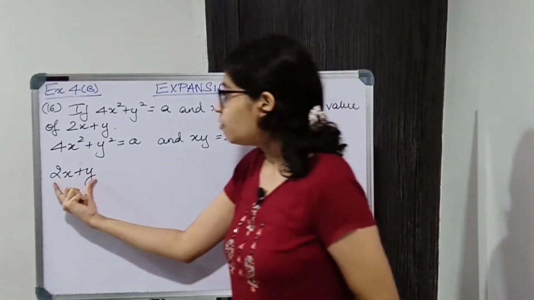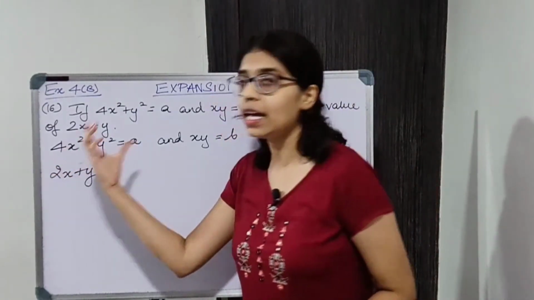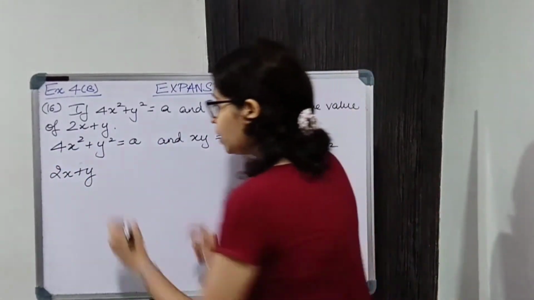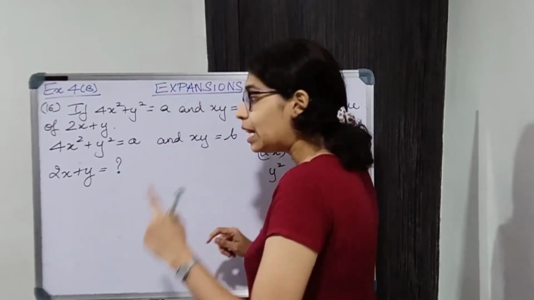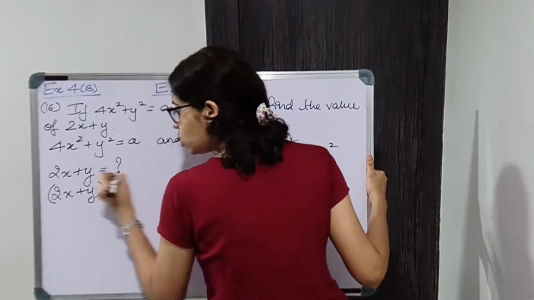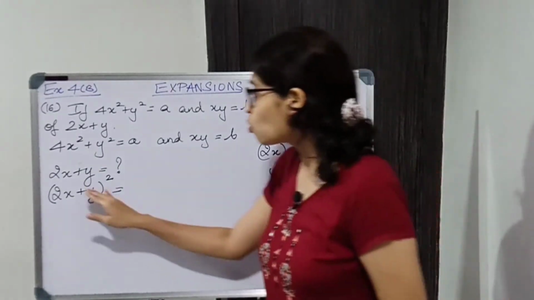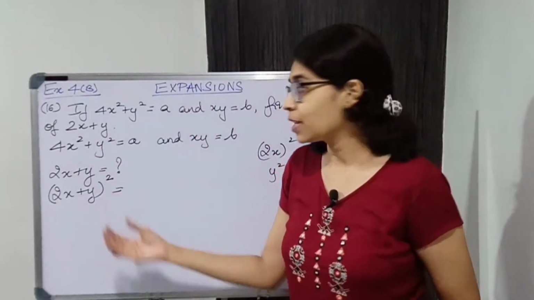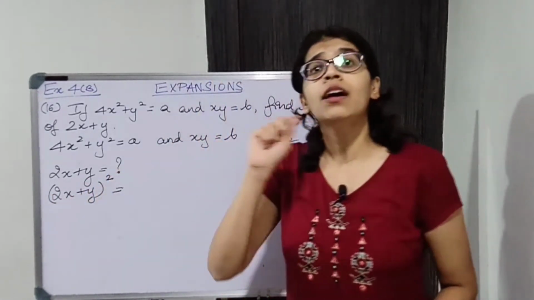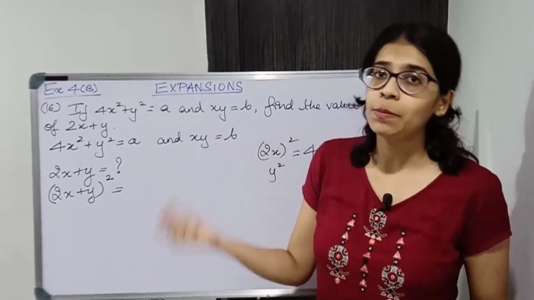Now, can we find it directly? No. So what we will do is try to find the square of this thing. We have to find 2x + y. Let us square it. So (2x + y) the whole square. Am I given some value? I'm not given a value over here, so I'm just squaring this thing only. When I square, it is of the form (a + b) the whole square. Apply the identity and expand. (a + b)² is a² + 2ab + b².